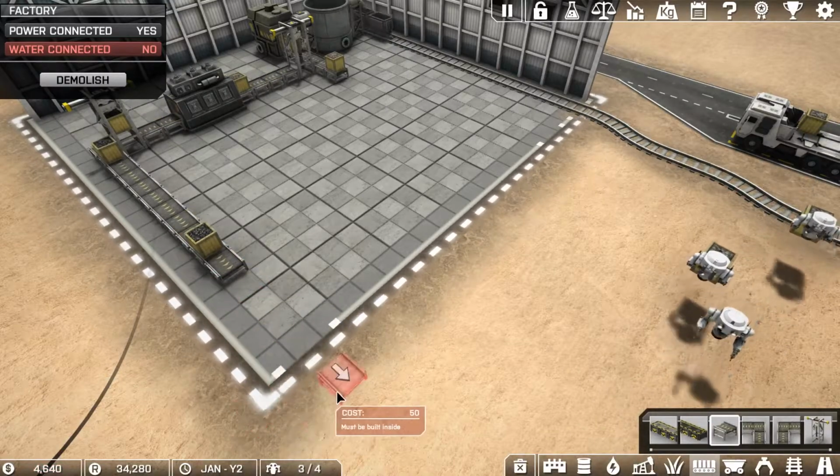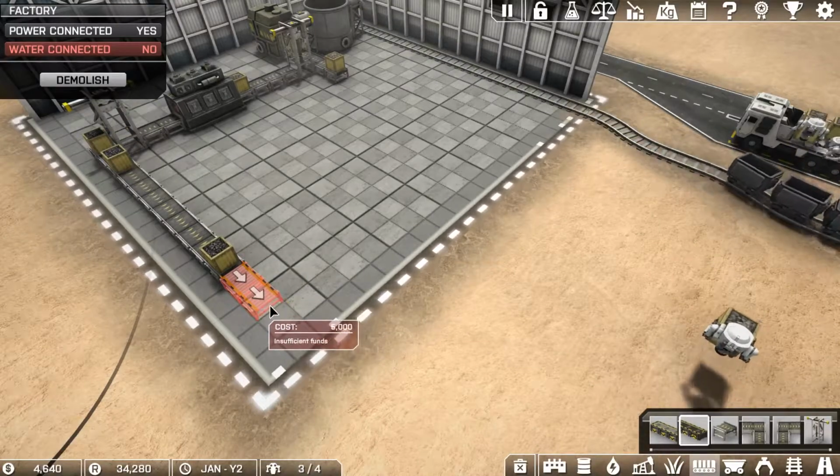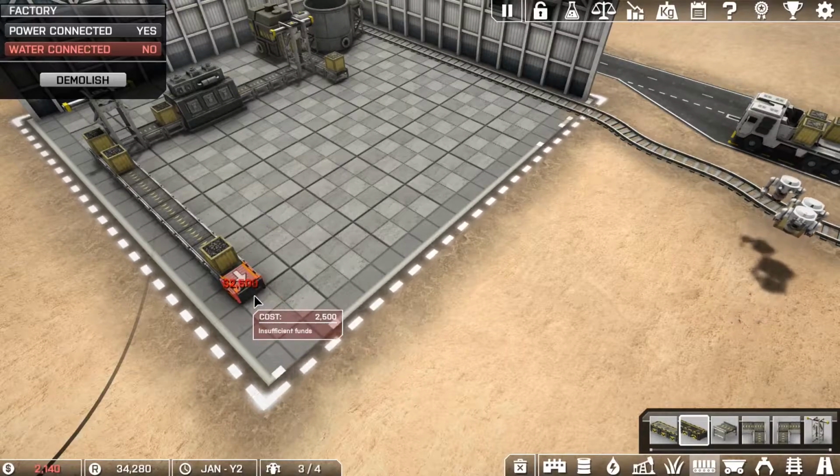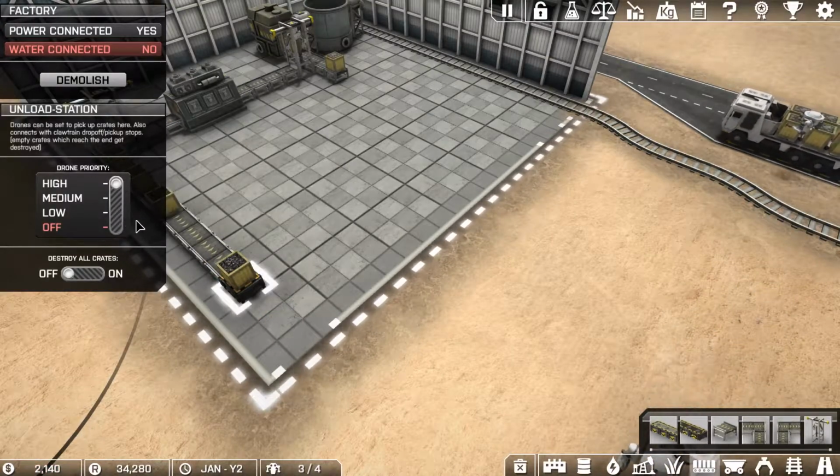2 should be enough, I think. And then what I want is some unload stations. I think we'll just do 1 for now. And if I activate this at a high priority,